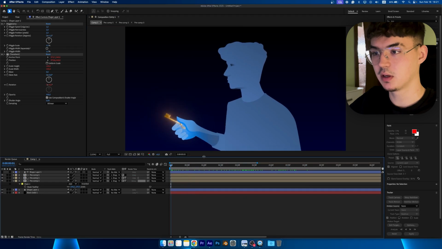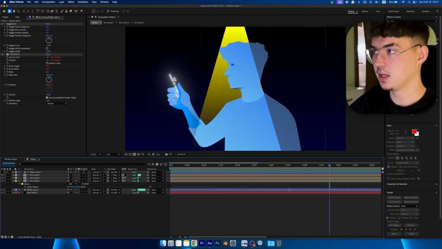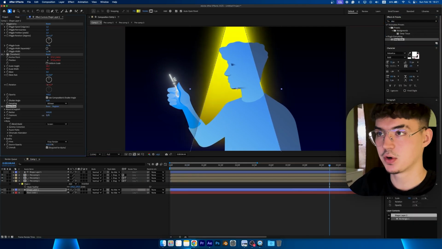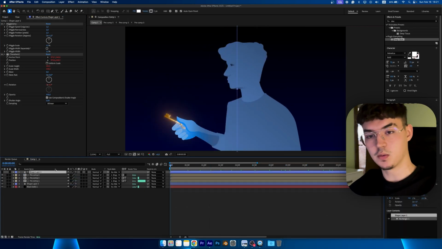Everything's running smoothly. Everything looks really cool in my opinion. What I'm gonna do is add a bit of deep glow to this light that is visible, play a bit with its exposure, seems really cool. As you can see in the animation I made, the camera is moving a bit, so what I'm gonna do